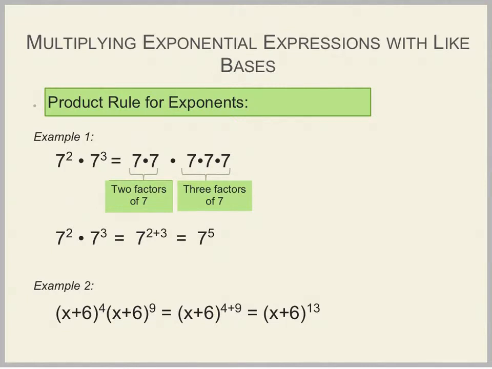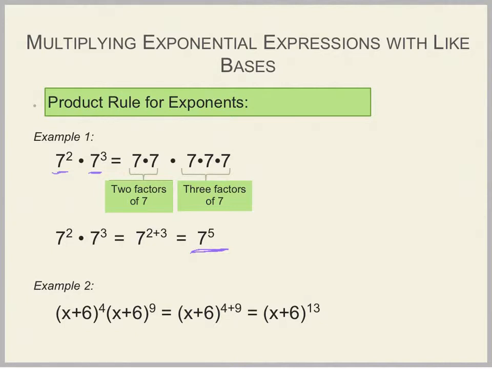There are many rules we need to know with exponents. The first is the product rule. The product rule says when we are multiplying like bases, we add the exponents. So notice here, we have 7 squared times 7 cubed. 7, our base, is the same in both of them, and we are multiplying. So we have 2 factors of 7, or 7 times 7, times 3 factors of 7, 7 times 7 times 7. And what we will do is add those exponents to see that we have 7 to